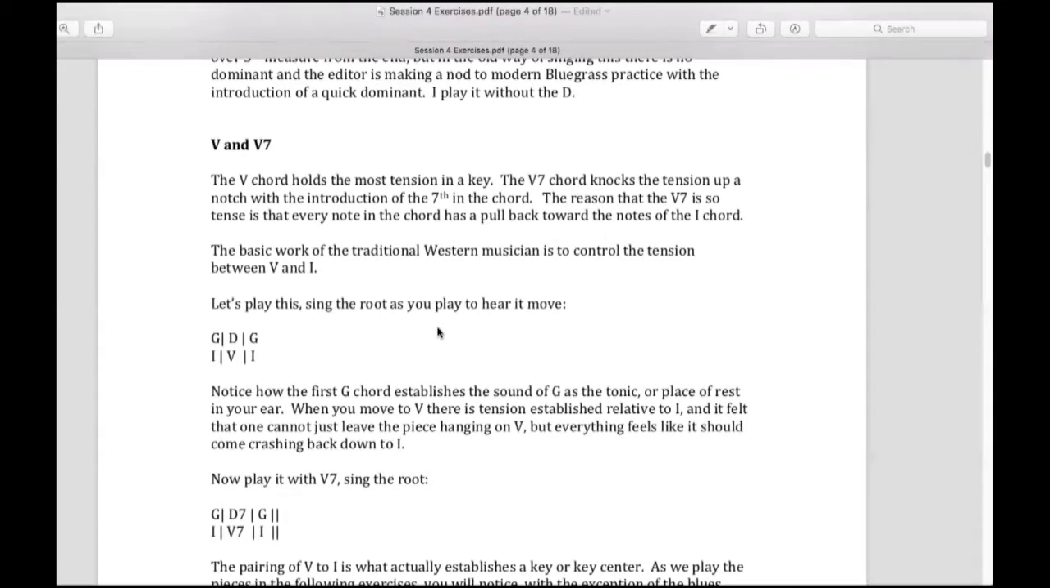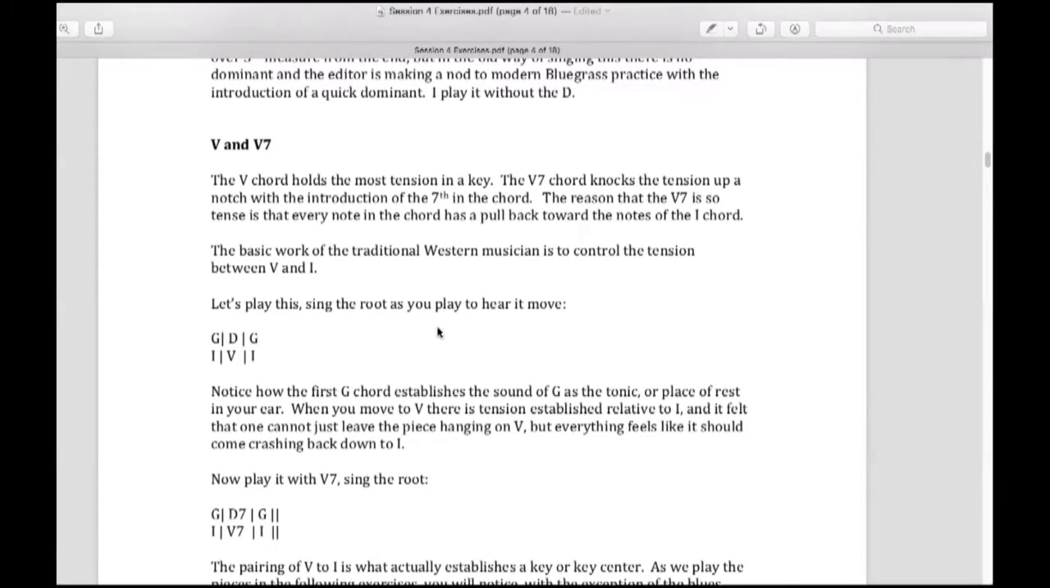So we get 1, 5, 1. So let's do it together. Ready? Here we go. 1, 5. Feel the tension. Now release. 1. Again. 1,